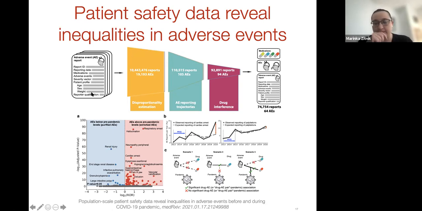is already public and machine learning ready, we looked at 10 million reports of adverse events that we retrieved and obtained from FDA. And using that data, we were able to identify what are adverse events of those drugs that are specific to certain populations of people, such as defined by age and defined by gender, as well as diseases that individuals might have. And so that has revealed some interesting inequalities in adverse events.